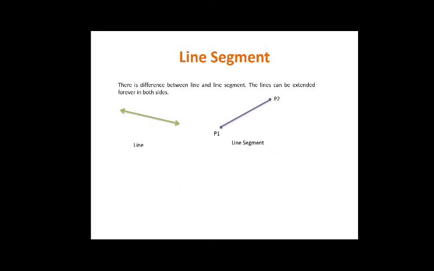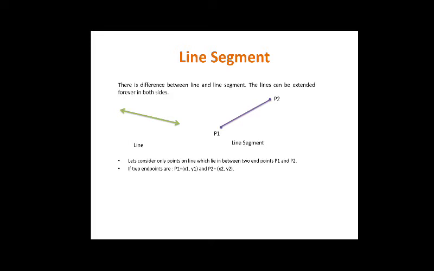Now consider a line. What is the difference between a line and a line segment? If I am considering a line, then the line can be extended on both sides. But whenever I say it is a line segment, then there should be some endpoints of the line. So suppose here I am showing the two endpoints of the line, that is P1 and P2. These are the two endpoints of the line segment. Okay, so let's consider only the points on a line between two endpoints which will satisfy the equation of a line. So what are the two endpoints here?